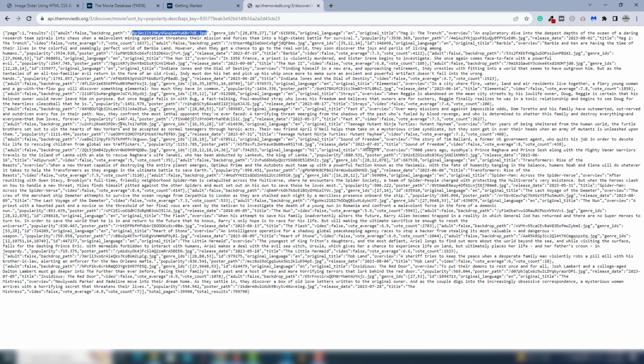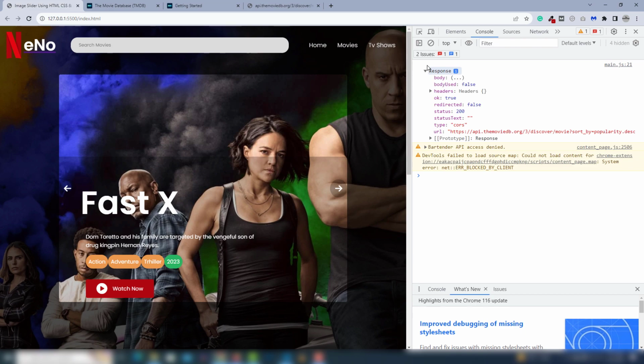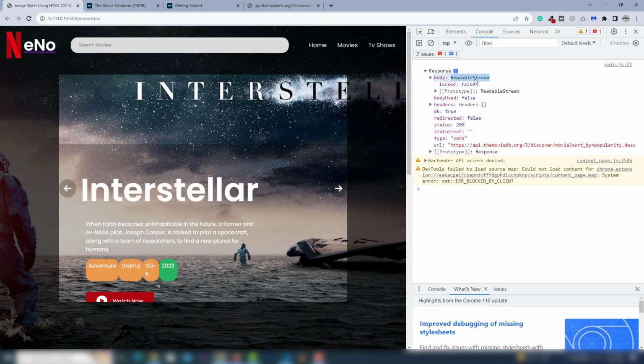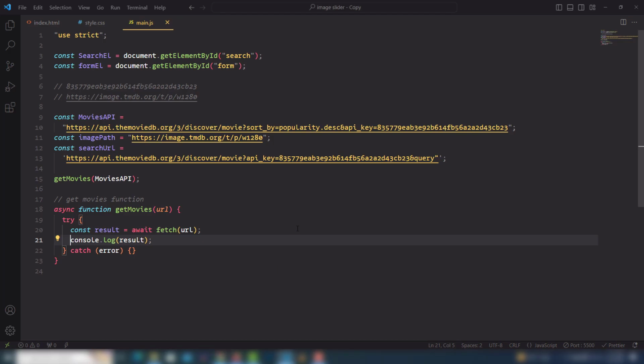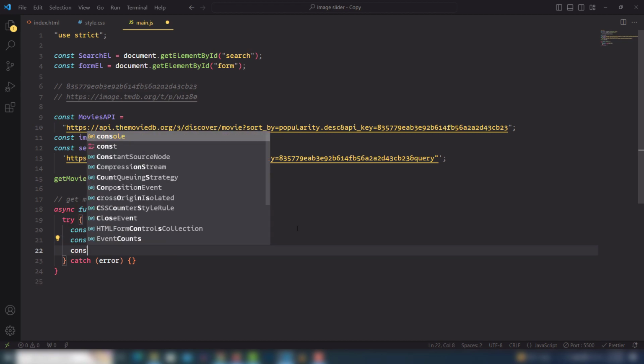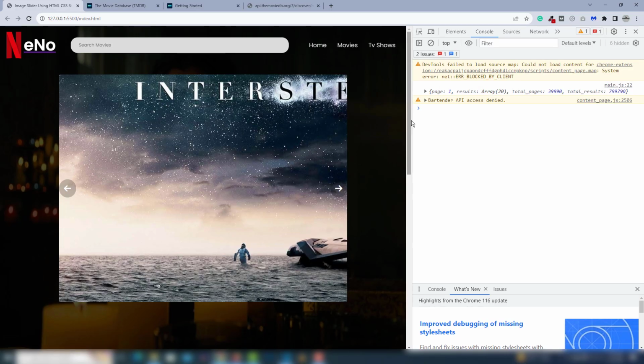So what we will get inside the console. Right now I'm able to see the response, and the response has a body, and the body has a stream, a readable stream. So we need to convert it into an object. So let's convert it. I'm going to create const, I'm going to start await, and I'm going to pass result.json function. So let's check it now in the data set, and you will get the object data right now,